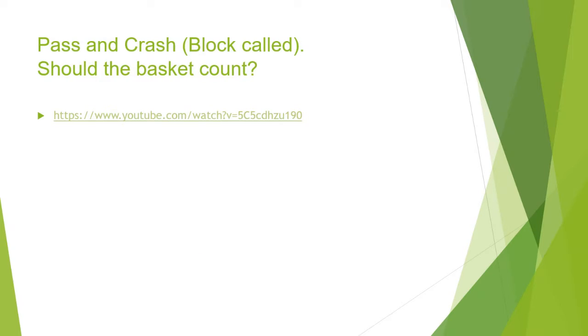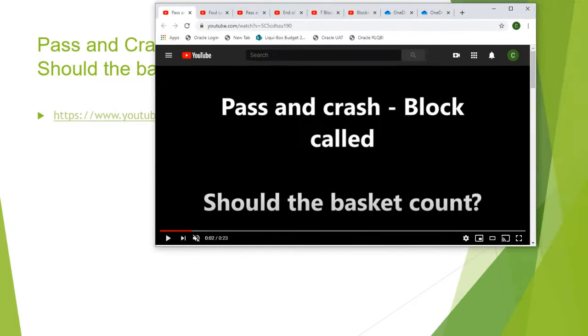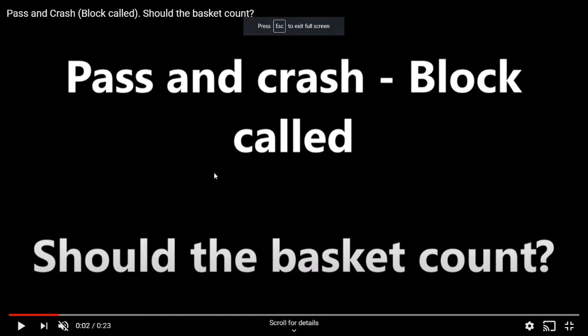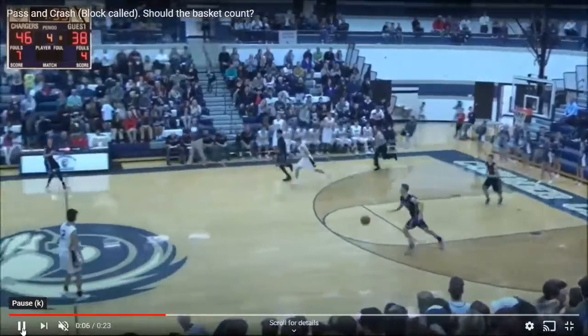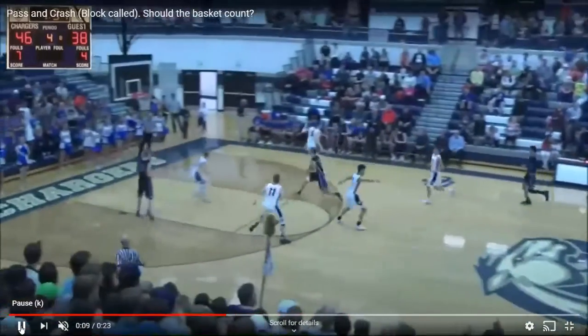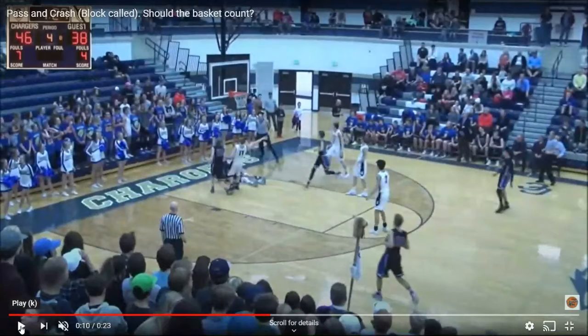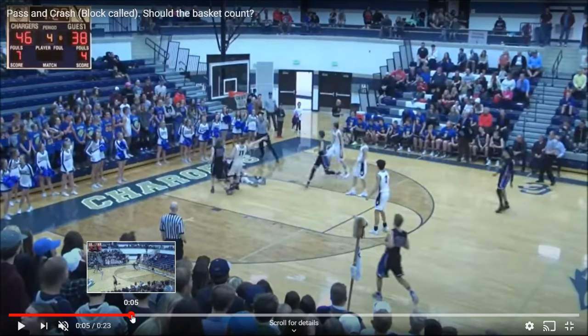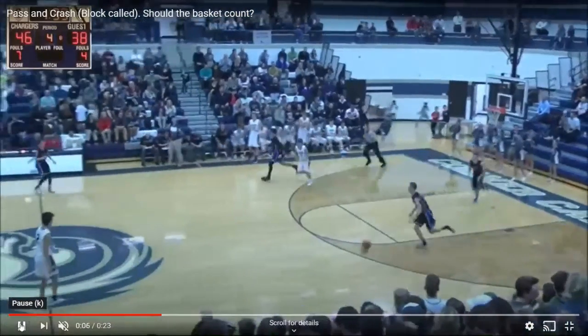Let's get into a play here to help illustrate verticality and pass and crash. So blue is driving down the floor, the crash happens just inside the paint, just inside the block, and our lead comes up with a whistle. I'm going to go back and start it again. We're going to look at that, and I'll let it run through, and we'll go back again.